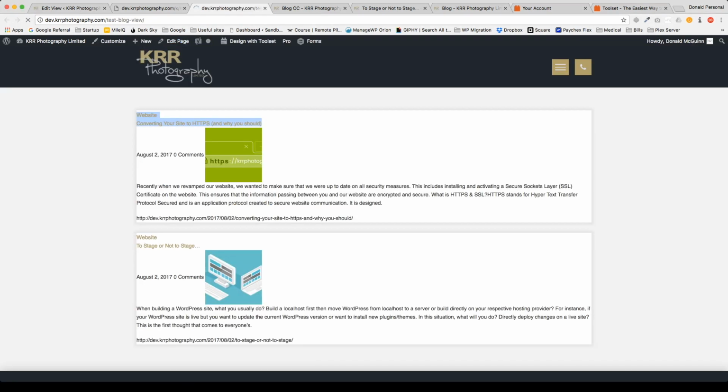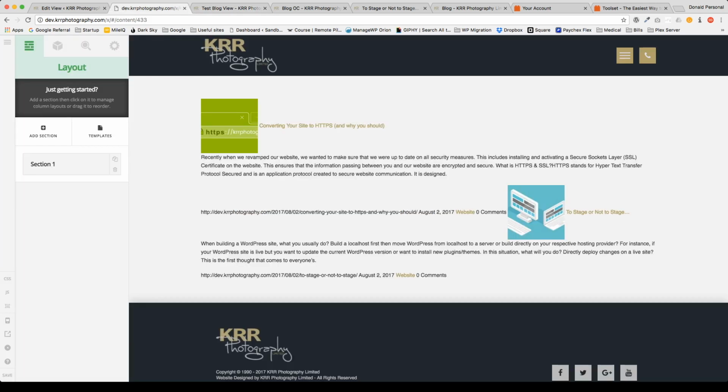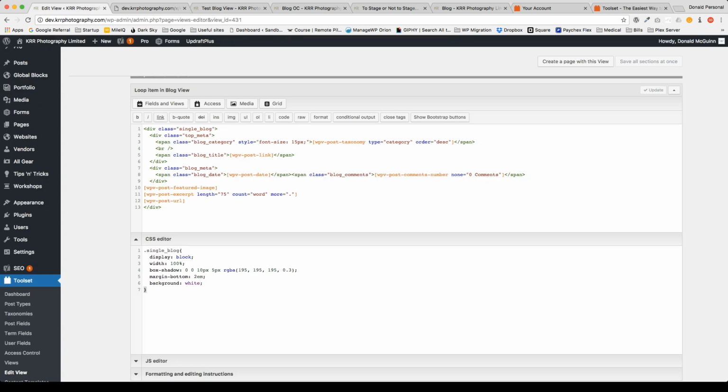And we'll refresh it. So as you can see, everything is starting to stack more and more on top of each other, which is basically how we need it to look. I just need to add a couple more divs just so that we can go ahead and make it so that everything looks right. So let's go to the div. Let's go ahead and add